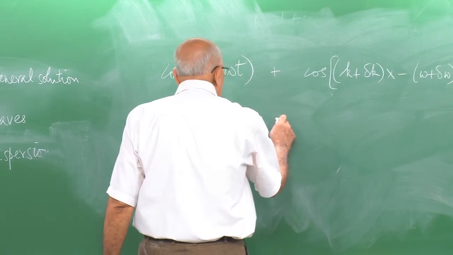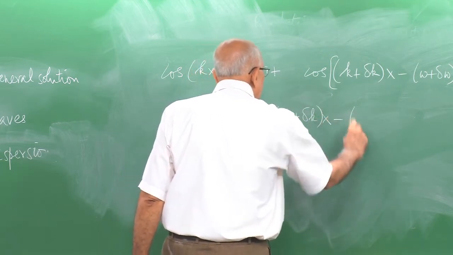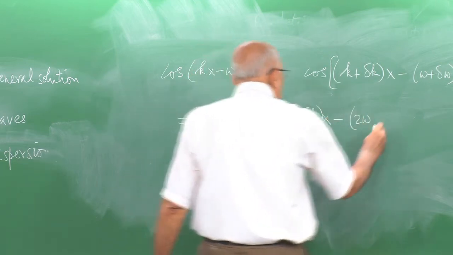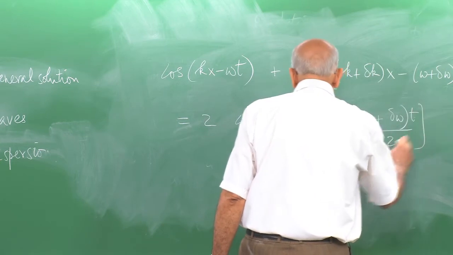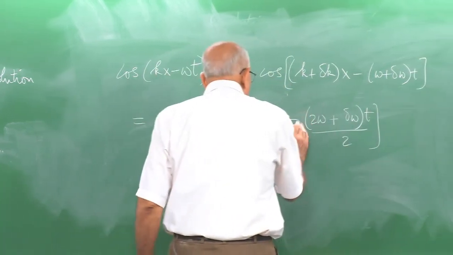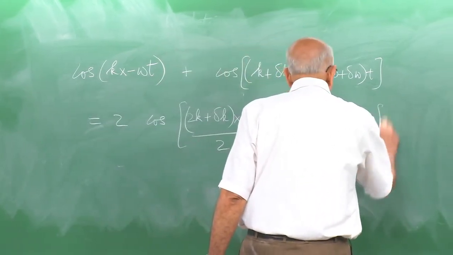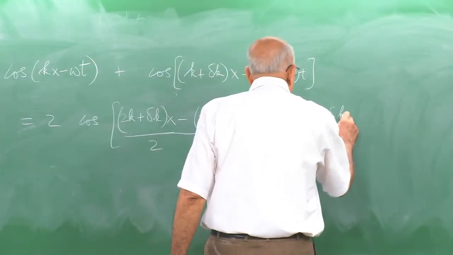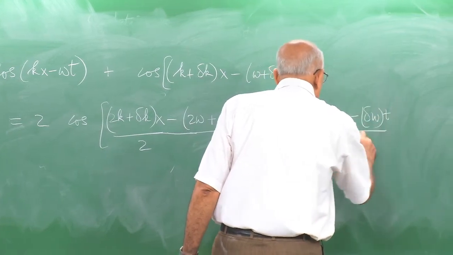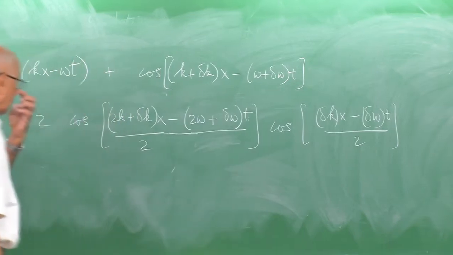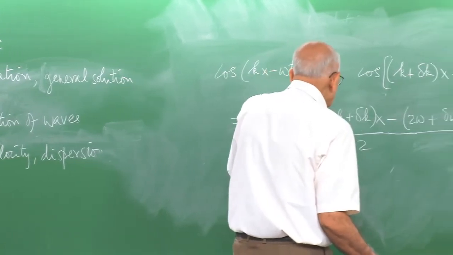So, this is 2 times cosine of ((2k plus delta k) x minus (2 omega plus delta omega) t) divided by 2, that is the cosine of the sum of the 2, times the cosine of the difference of the 2, which is (delta k x minus delta omega t) divided by 2. So, we could write this as k plus delta k over 2 times x,